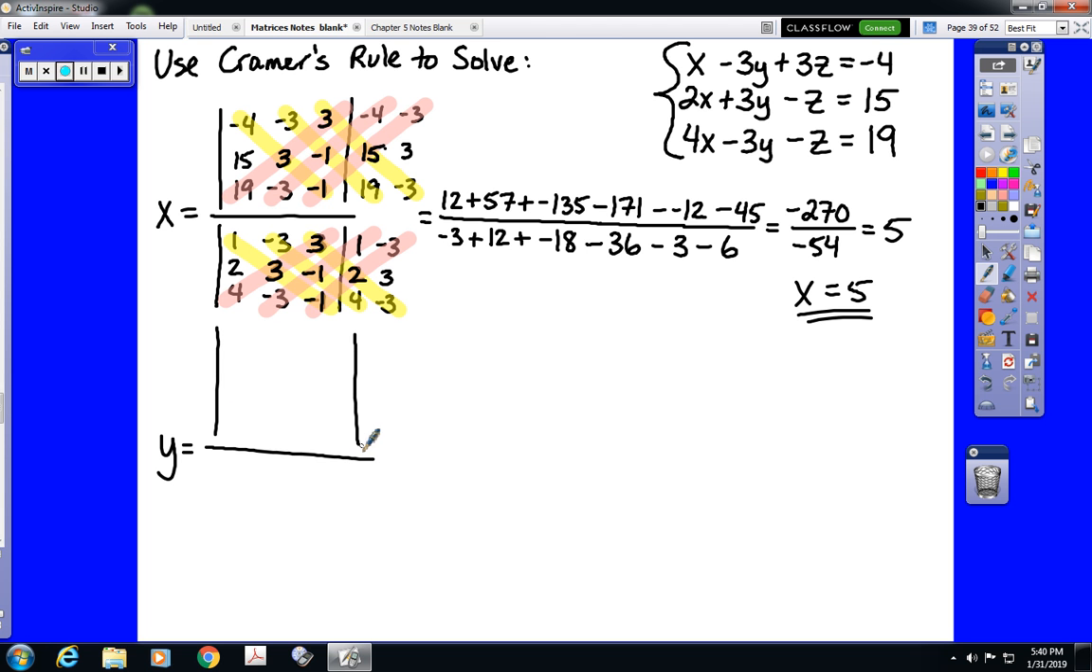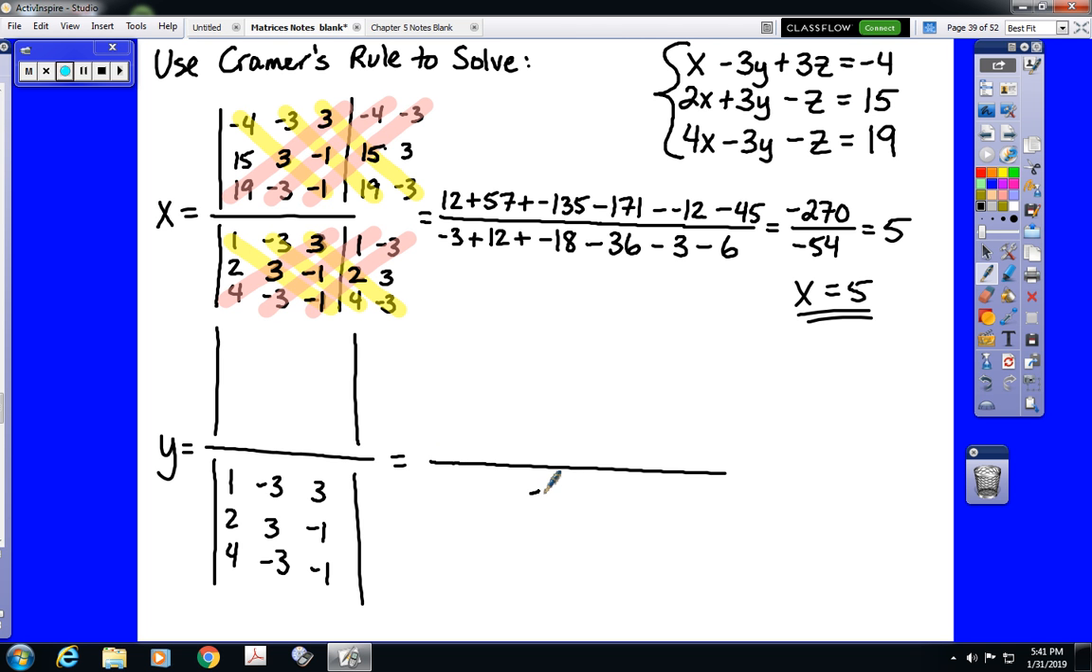Again, we already know that the bottom determinant is the same determinant: 1, 2, 4, negative 3, 3, negative 3, and 3, negative 1, negative 1. We do not need to redo that work to know that that is negative 54. So there's no reason to redo that work. We can simply take the number from the bottom of the x fraction and it becomes the bottom of our